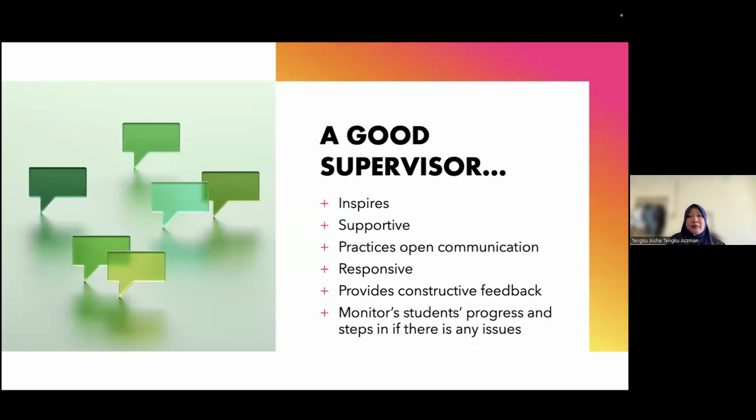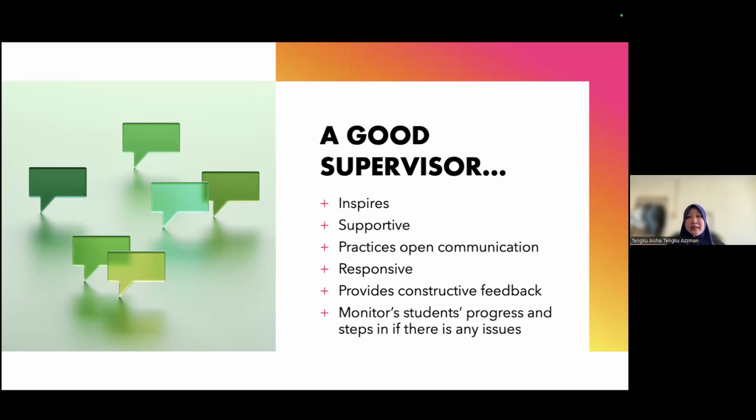And I think, for example, a good supervisor should inspire. Okay, I'm very proud to say that we have Prof. Said Arabi Aidid in our department. He's a very well-known researcher in PR and also political communication. So for students to get such an experience and also a very respected Murabbi is very, very inspiring. So I'm glad that even for FYP undergraduate students, we do assign them to such a professor, and he does a really good job of inspiring students. A good supervisor should also be supportive.